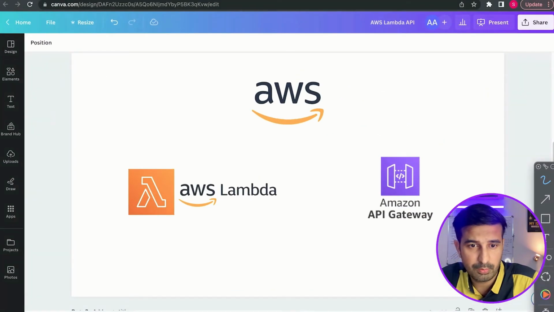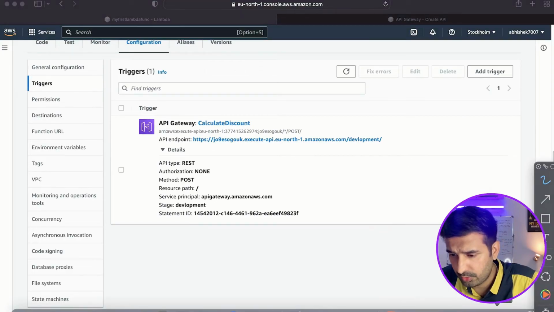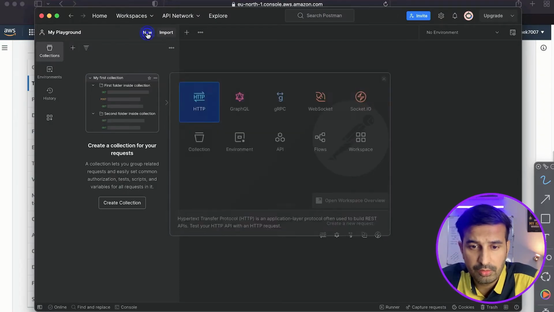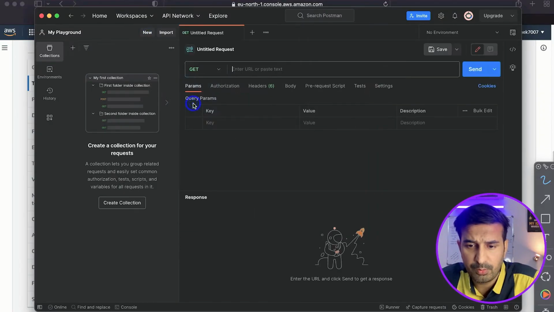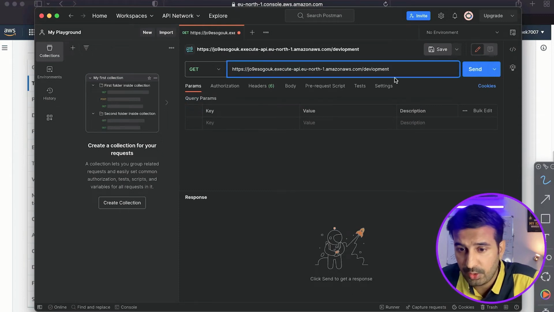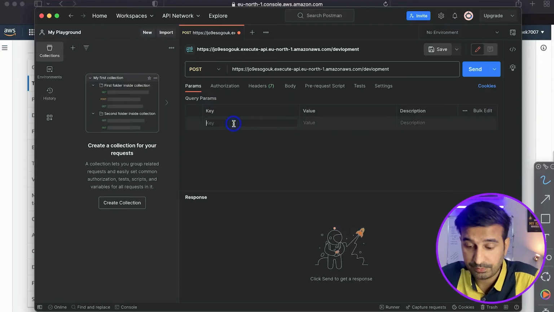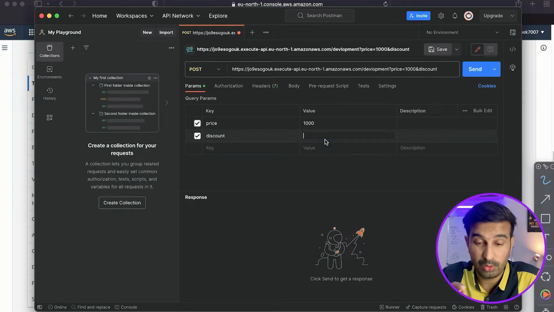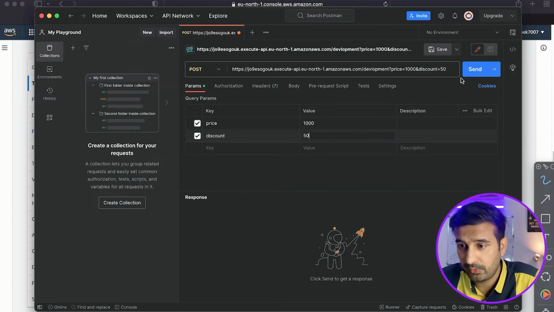And now let's use Postman. All right, this is not Postman. Where is Postman? This is Postman. Let's use Postman to hit this API. So I'll go to New. You can download Postman from the browser. It's free. I put in my URL, which is my API URL. I go to POST, and we need to send in some data, right? So I'll send price 1000. I'll send discount because our API works with all these values. If you send some other value, it won't work. 50, I send,